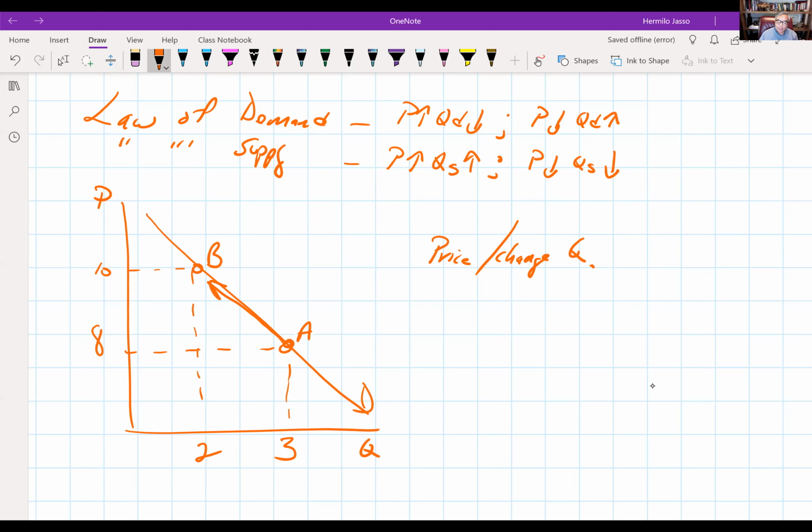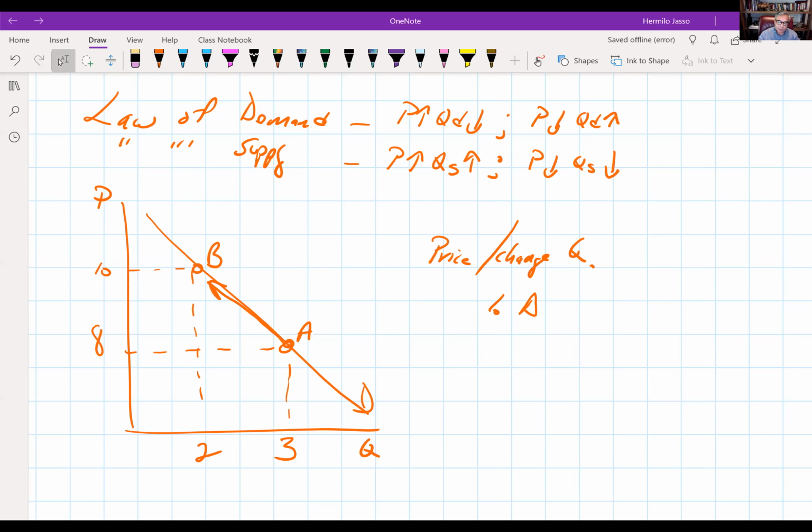Then we know that there are other things that can change the demand curve. Right? Can anybody recall the list of the things that can change the demand curve? Changing preference or taste. I didn't hear you, sir. Consumer taste. Yeah, changing taste. What else? Income. Changing income. What else? Expectations. Expectations. Changing the price of other items and also the number of consumers.